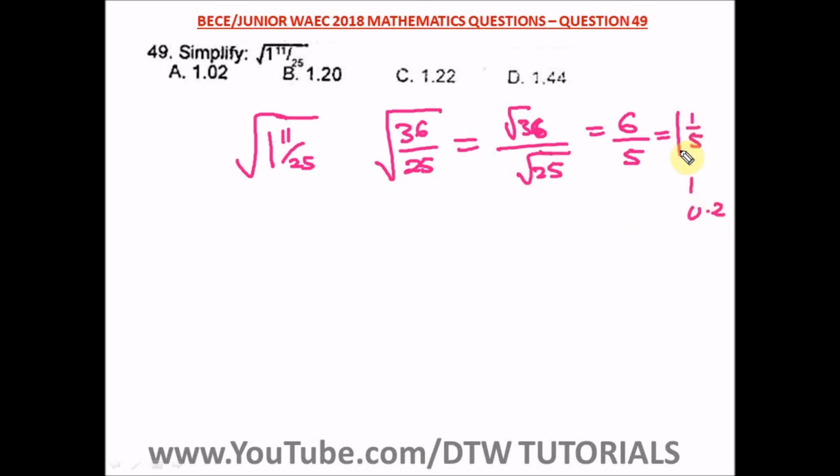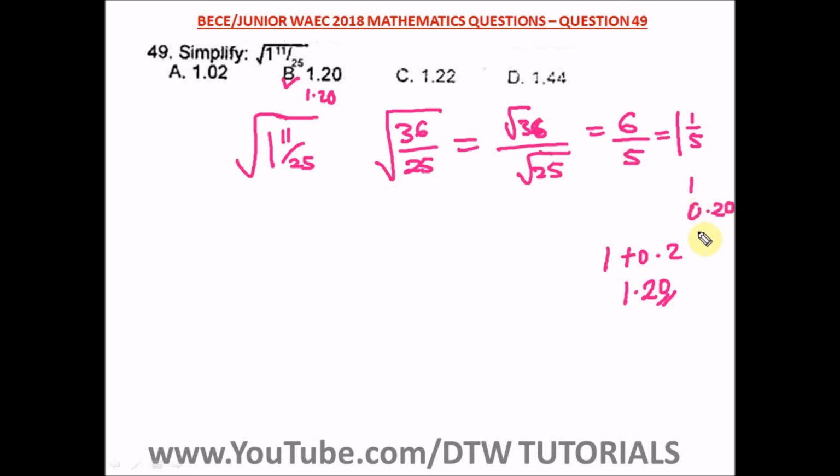So we just have 1 plus 0.2. And what is 1 plus 0.2? That will give us 1.2. So our answer is 1.2, and our right option here is option B, which is 1.20, which is also the same thing. I can just simply add a 0. Or from here, 1 divided by 5 is